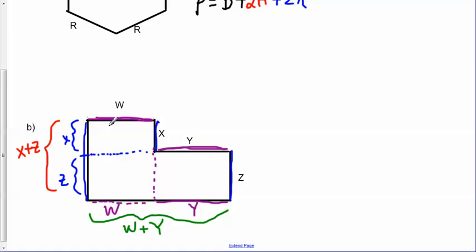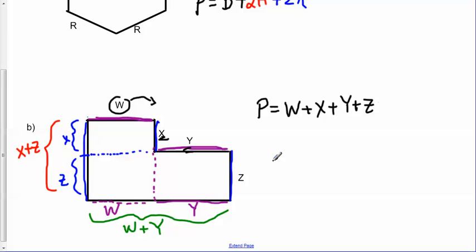Now we have information about all the sides, and so now we need to add them all up together. And again, we have to be real careful to be sure that we get all the pieces we need. So we know we're looking for a perimeter, so let's start with P. The perimeter is going to equal, again, I'm going to start at the top and work my way around this way. So we start with one side that has a length of W, and then I'm going to add this X side here, and then I'm going to add this Y side. Okay, so I'm going to add the Y, and then I'm going to add the Z,